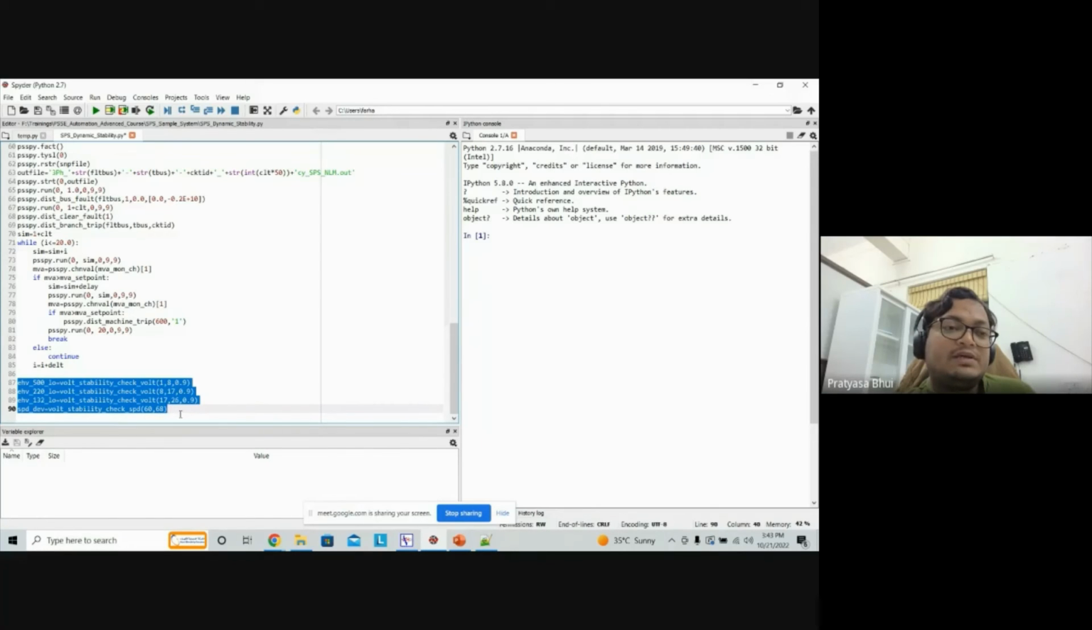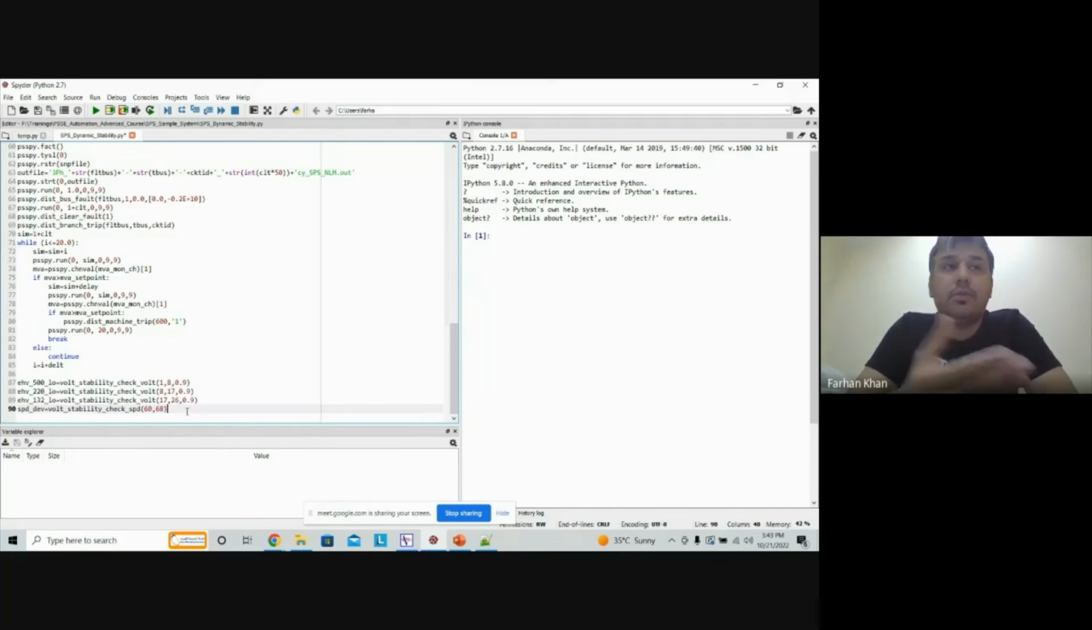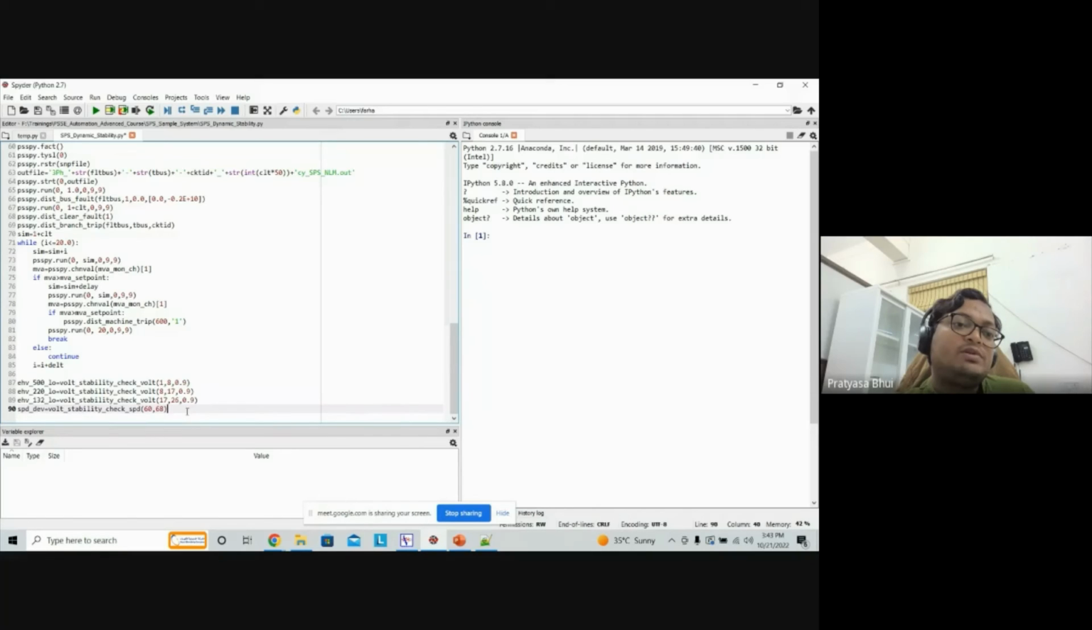So, one thing here. Is there any command to end the while loop? By breaking. Once you break, you are out of your while loop. And if it is less than set point, then